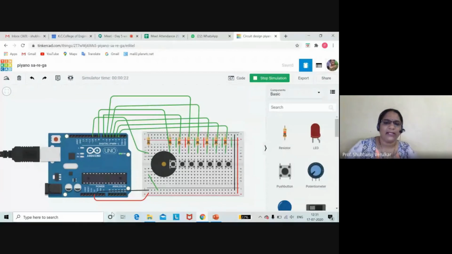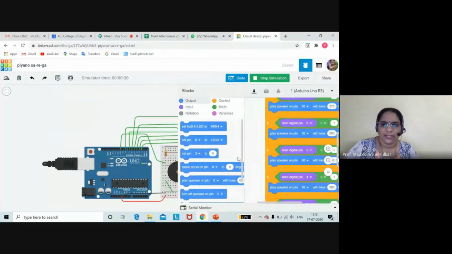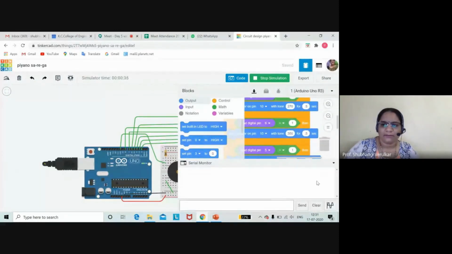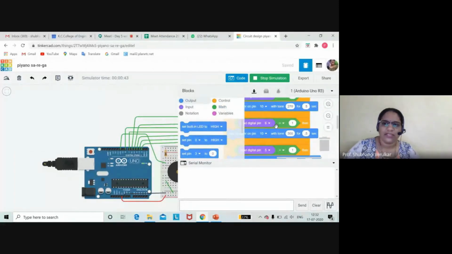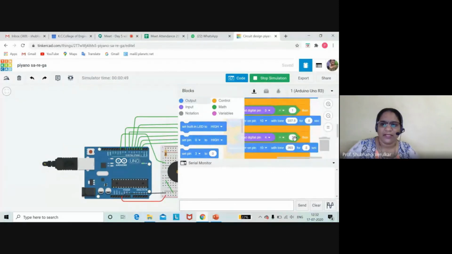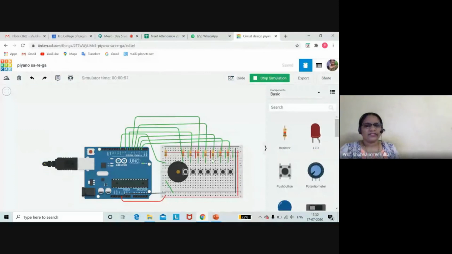Okay, so from my end I have shown you a lot related to the circuit. As time is over, if you want, I will show you the code related to this. You may feel it's difficult, but it's quite easy. Okay, so just as you did for one, similarly you have to change your frequency, like 240, 300, 360, 400. So you have to set it for different frequencies. On Google, it's directly available which frequency gives which sound. So you can refer to it and work out the things.